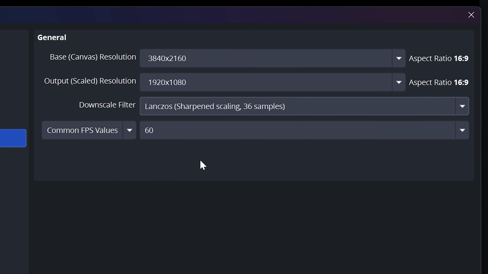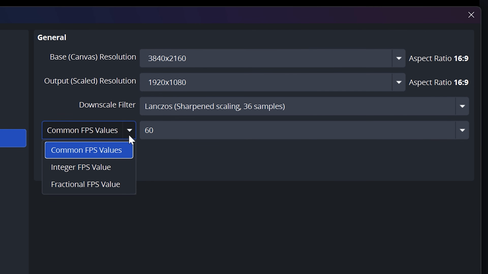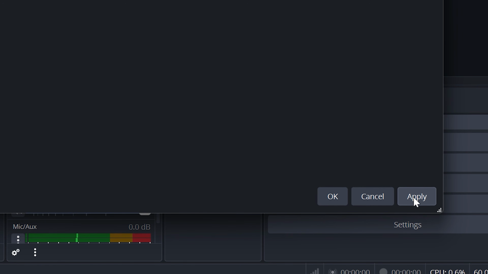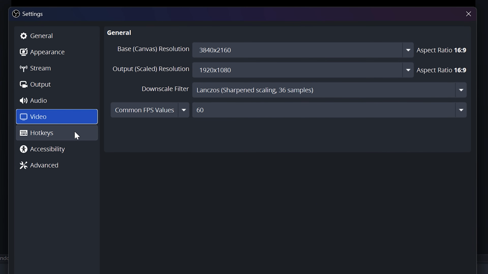sharpened scaling, 36 samples. Expand the FPS menu, then select common FPS values and set the frame rate to 60. This is how many times the video image will be updated per second. 60 is the standard for gaming and streaming. However, if your bitrate is set to 4000, then you can set the FPS to 30 to improve the image quality of your stream. Go down to the bottom and click Apply, then head back to the side and select